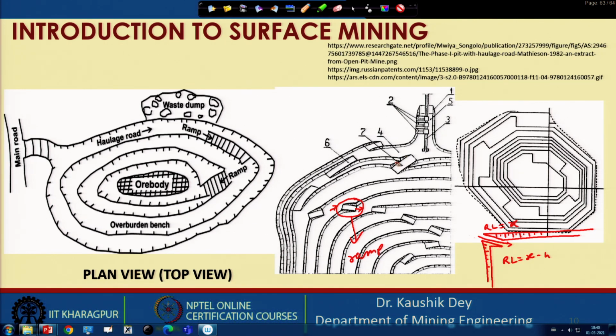You can see in this case, let me clear it once again. You see in this case this elevation is higher, and this elevation is lower. So, that means your ramp is on this side. Here this is the upper elevation, this is the lower elevation. So, it is like this. Again this is moving like this. So, this is the general technique to construct the layouts of a mine.